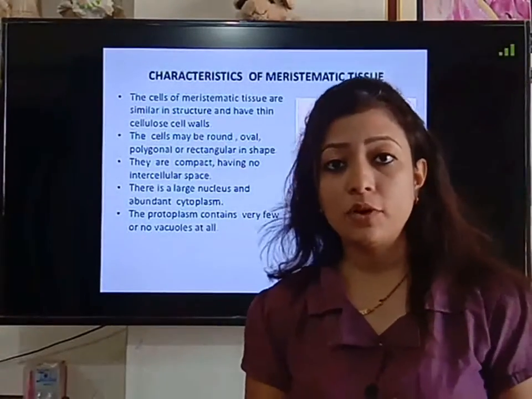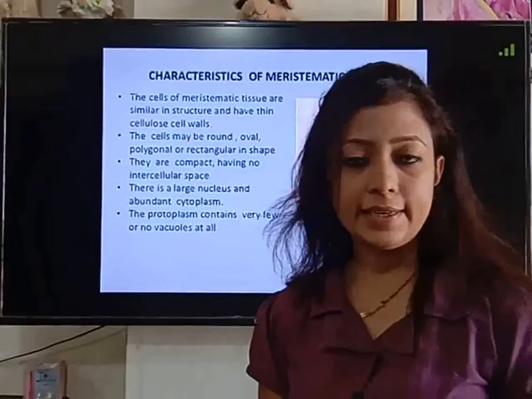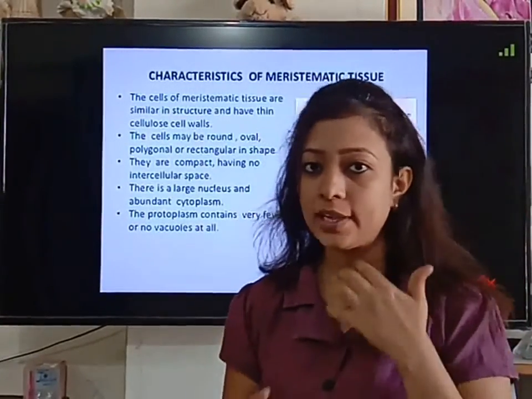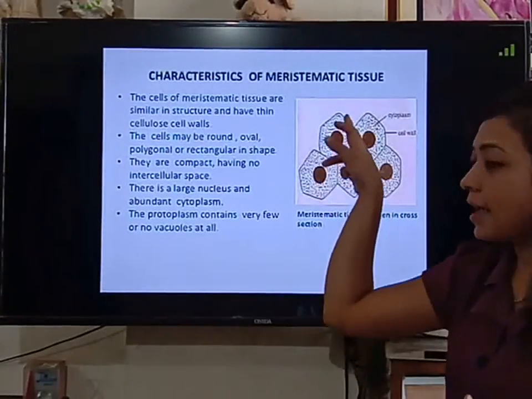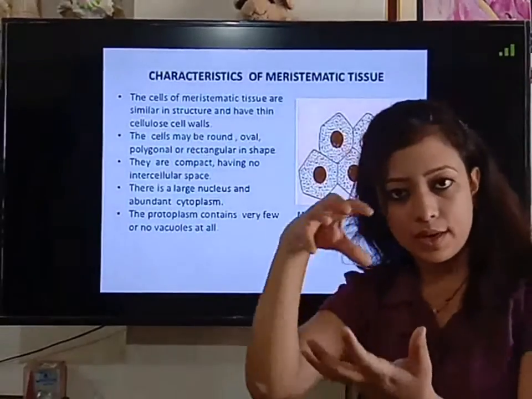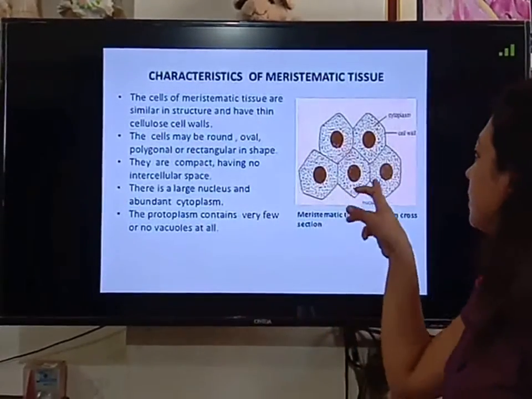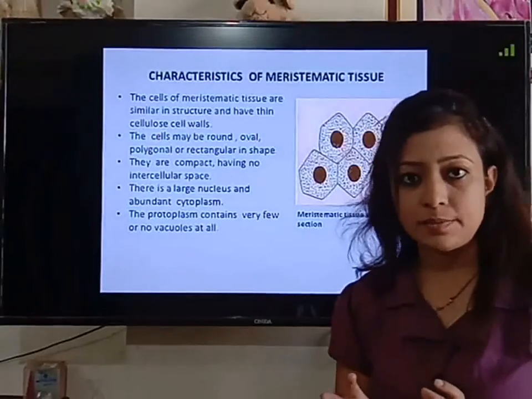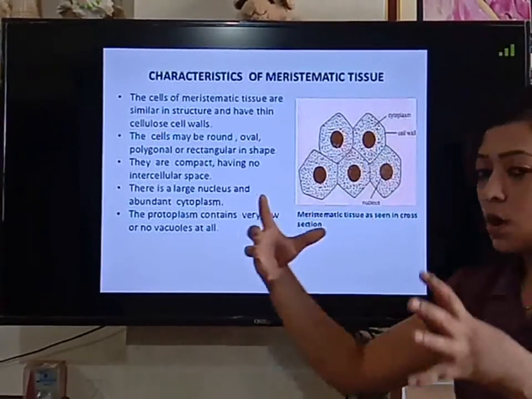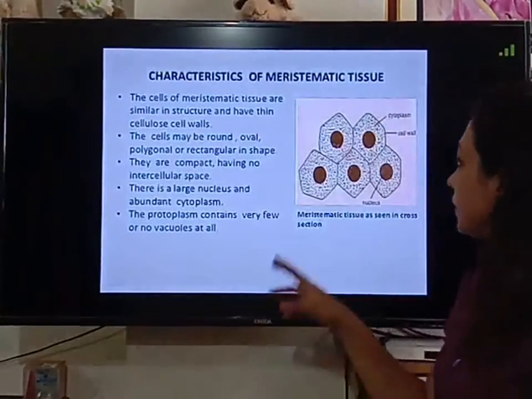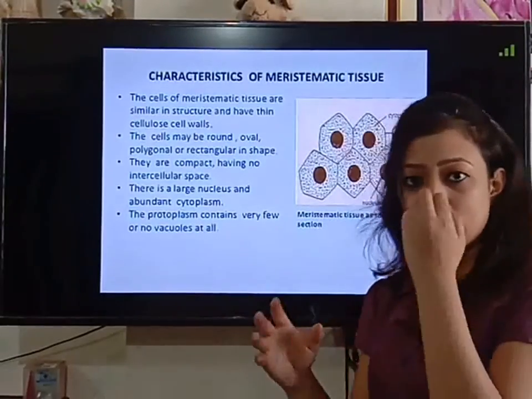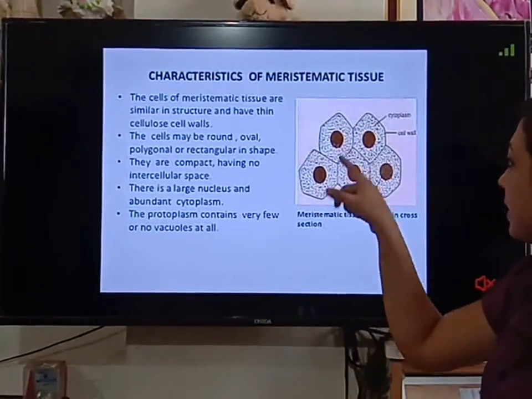But children, before discussing the permanent tissues in detail, you should know what is the structure of meristematic tissue. So as I told you, their characteristics. They are hexagonal in structure, and they have the prominent nucleus at their center. So like this. There is no intercellular space between them. So these tissues do not have the intercellular gaps. Here you can see, children, how closely they are packed. And their cytoplasm is very dense because vacuole is not there. So it has a lot of cytoplasmic material inside them.